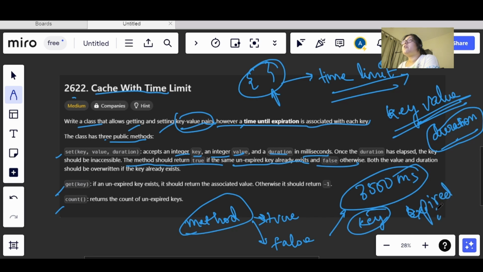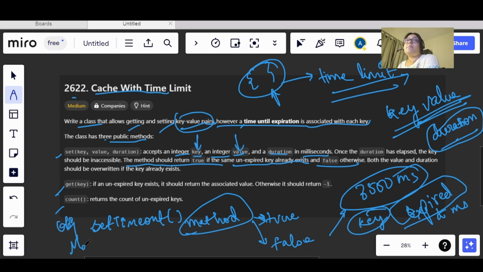after t milliseconds, okay. So in such cases, when we are having some time limit or we need to execute something after a time limit, we use the set timeout method, right? So here also we will be using set timeout, and since we are having key and value pairs, we can either use an object or we can use a map, right?